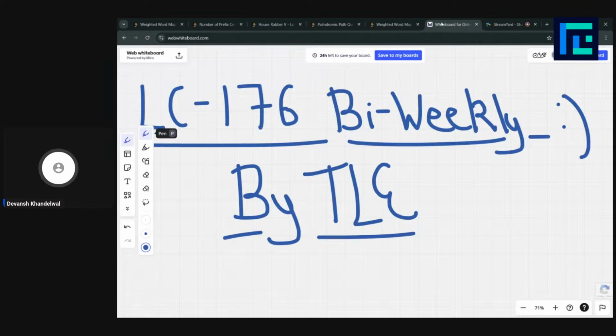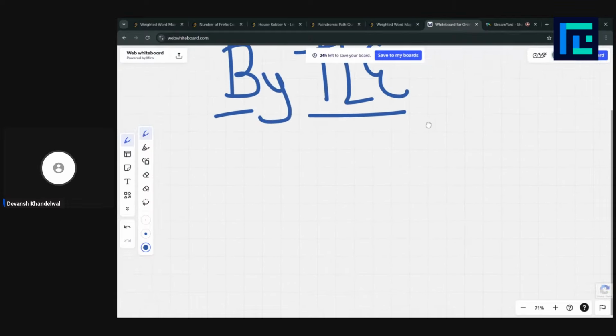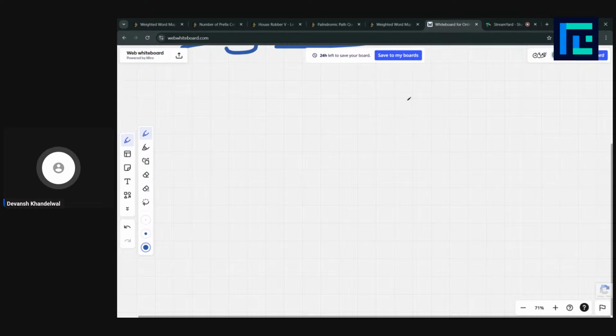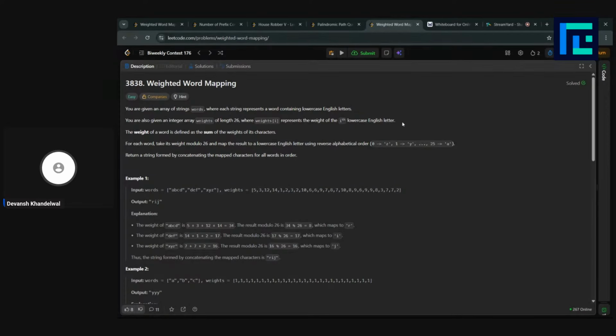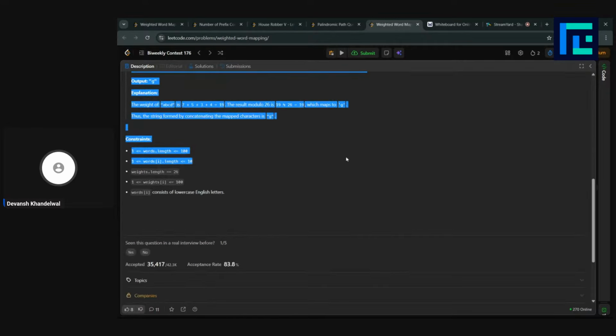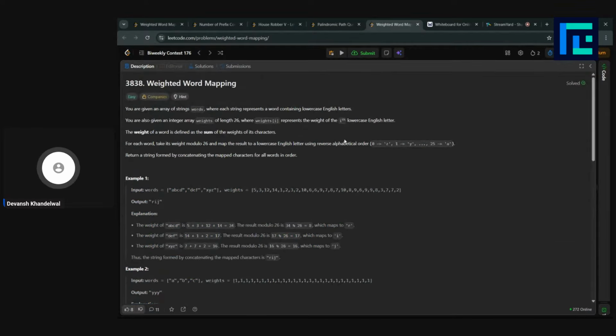Let's start from the very first problem. How are we going to discuss the problem? First we are going to read the problem and discuss what we could get from the problem statement itself. We are going to develop our understanding of the problem, writing out every intuition and observation we get.